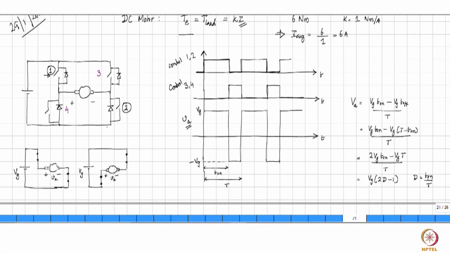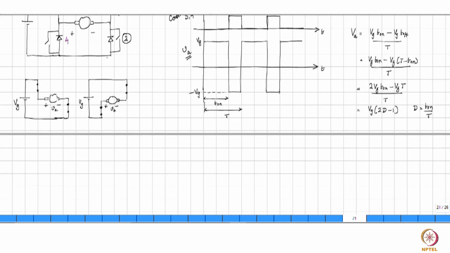So now you have a different expression for the average voltage that is applied. The expression for average voltage is not something that is fixed. It depends on what sort of converter is being used and how it is going to be operated. In this case, this is the expression that you get. Why this converter is interesting is that with this expression, if you want the average voltage to be greater than 0, how can you make it greater than 0?